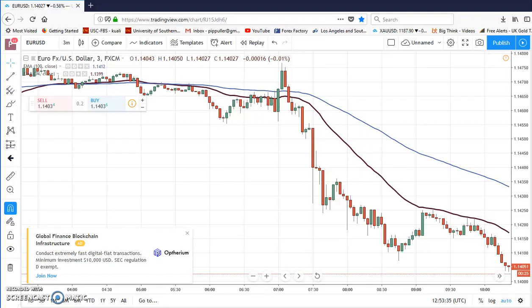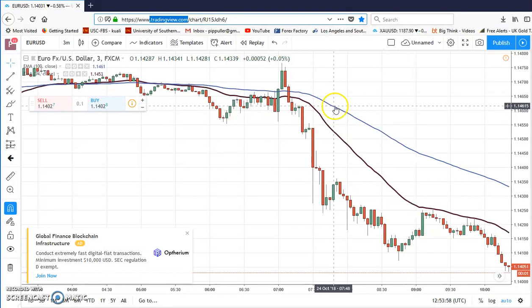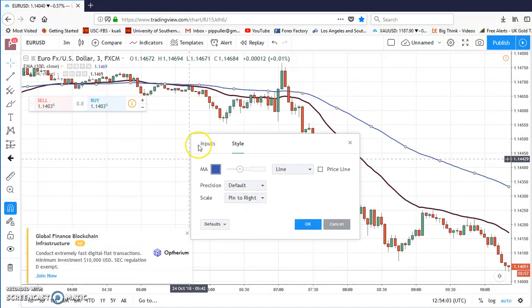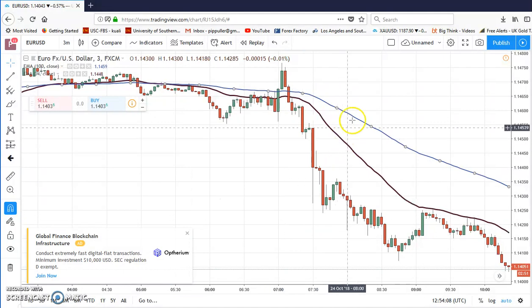Good morning. I'm doing a quick video on how to successfully scalp, and this is a little bit different than what you might have seen before. For one thing, I'm using a web-based charting, which is Tradingview.com. It's a free charting, and the way I like to set it up is I put my two moving averages, the 100 at close, 0 offset, and that's the blue line right here, and the black line is the 34